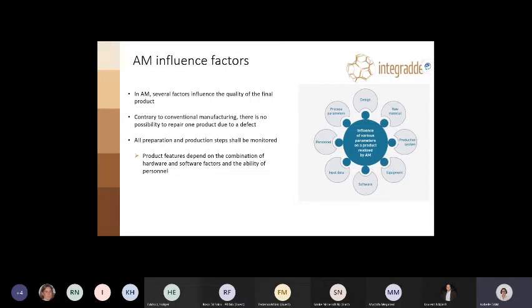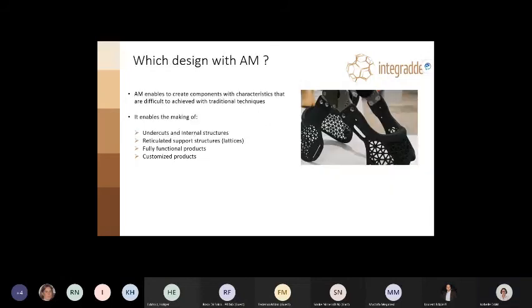So the importance of each of those parameters will also depend on the final use of the product and on the kind of quality that is expected by the final user. At the end, which design is possible with additive manufacturing?